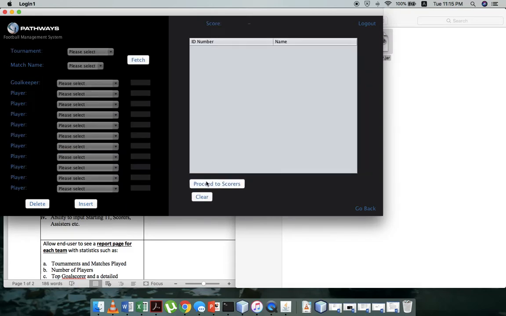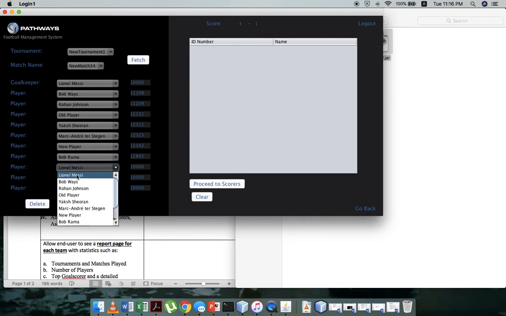So now proceed to starting 11 and scorers. I'm not going to input anything over here, but for new tournament 1, we had new match 34. So essentially I can put the starting 11 over here, and I might just do it, to be honest, because it will help me in the next form. So Marc-Andre ter Stegen, new player, Bob Rama, Marshall Lamare,